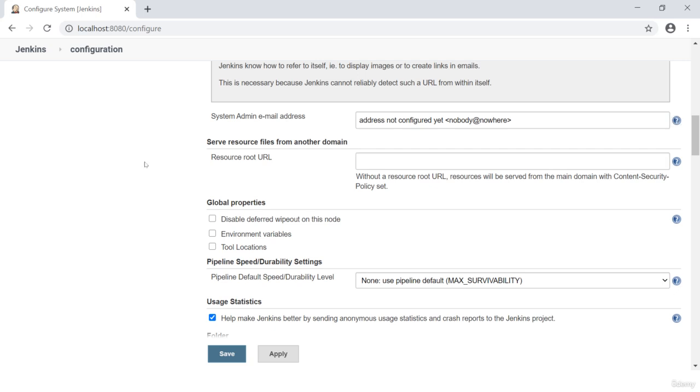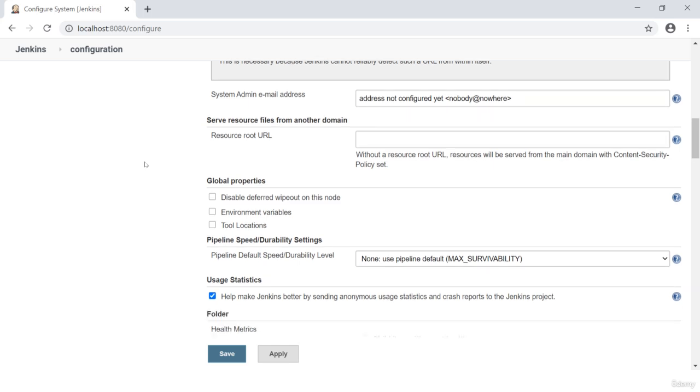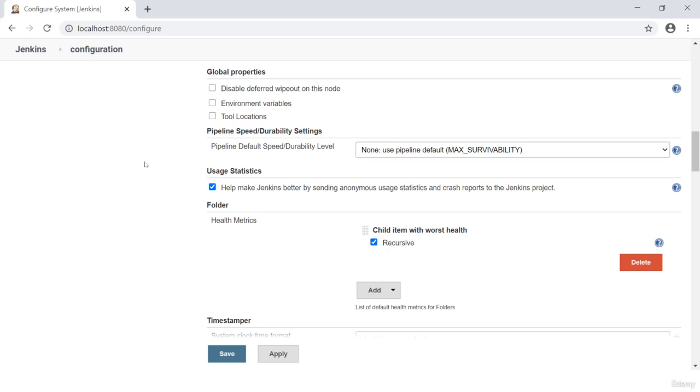After that we have an option called serve resource files from another domain. Without a resource root URL, resources will be served from the main domain with a content security policy set, and so on and so forth. After that we have global properties, where you can put the disable defer wipeout on this node,